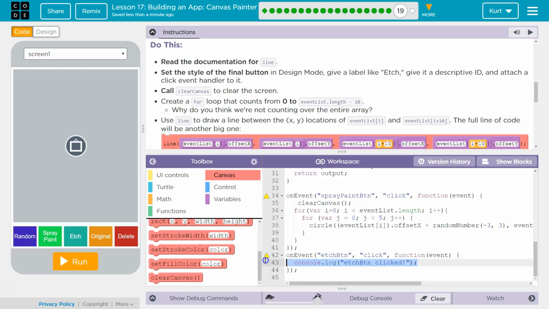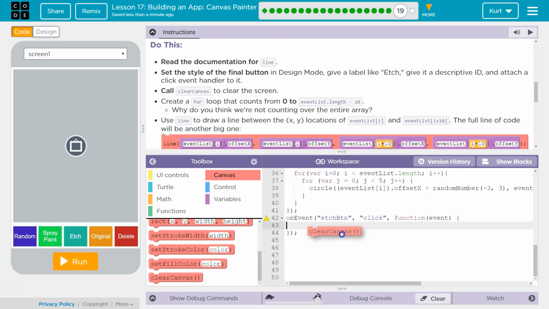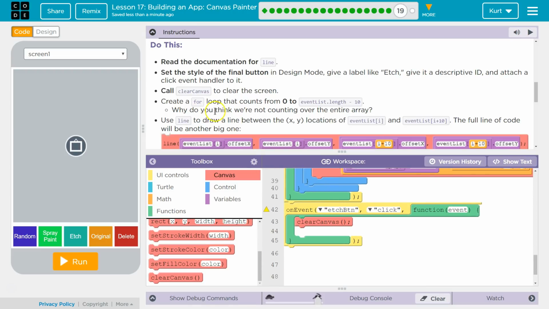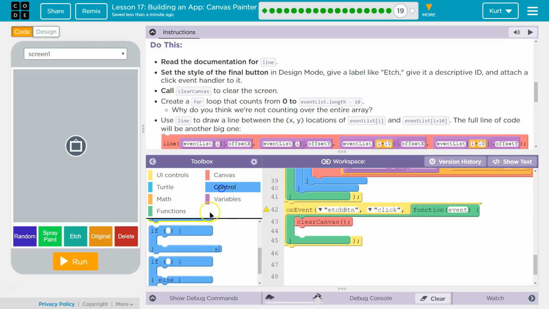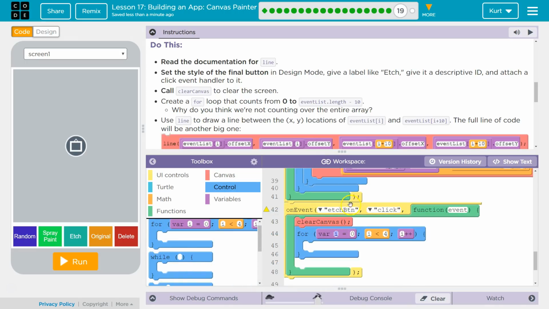I'm going to get rid of this console log. Create a for loop that counts from 0 to event list length minus 10. So that's, I know why we're doing that. And that's because we're going to use plus 10 for the etching. So if we go to the last one, there's nothing beyond it, so there's nothing to etch to. So 0 to